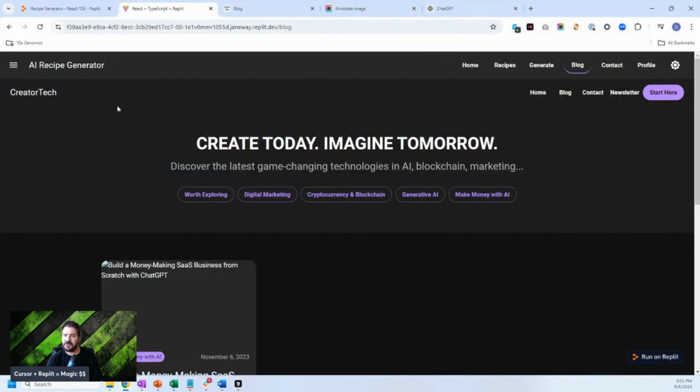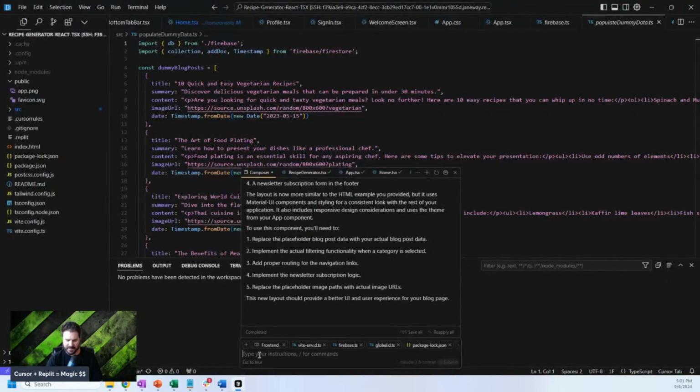Now, what should I do now? I feel like before I go any further, actually, I should probably fix this. Before I accepted changes, I should have really fixed that secondary navigation. I need to get rid of that. Hold on real quick. Okay. I want to show you how to save this to GitHub. Let's get rid of the